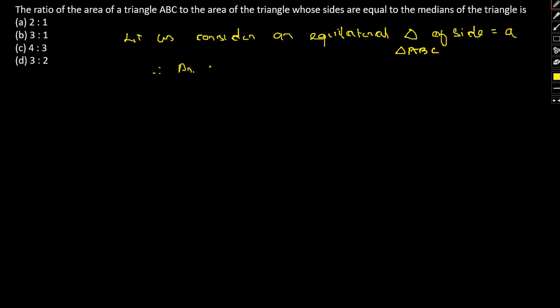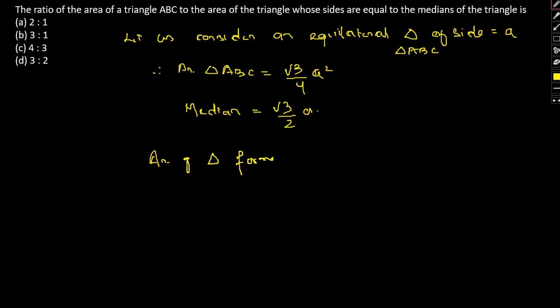Okay, so therefore area of triangle ABC will simply be root 3 by 4 a square, that is the area of the equilateral triangle, and median will be given by root 3 by 2 a. Okay, now if we are to say the triangle formed by the median, that would simply be the area of the same, so area of triangle formed by the median